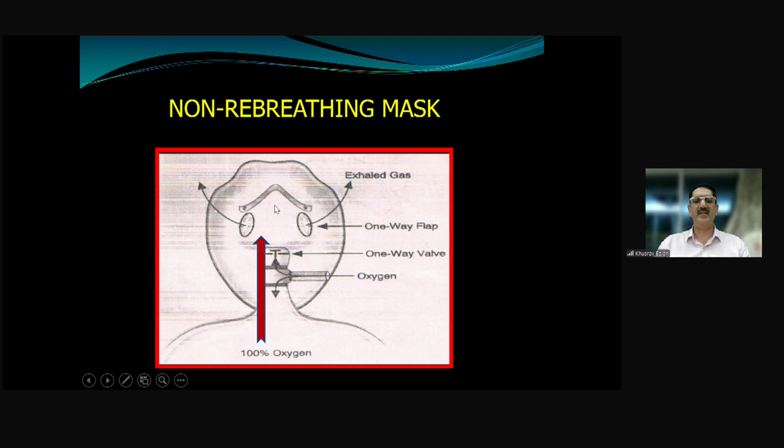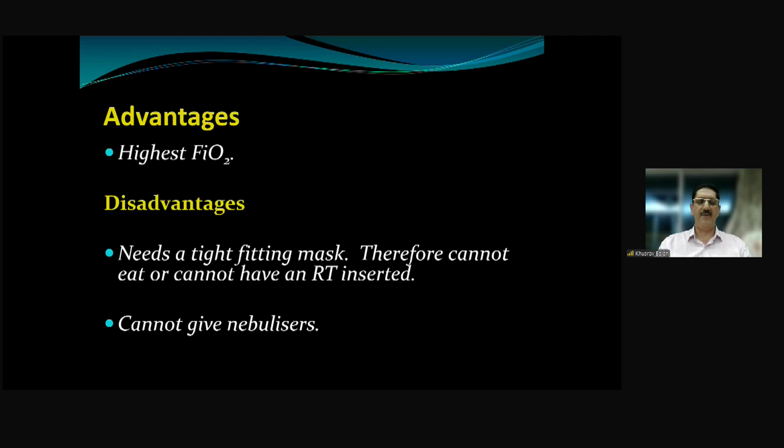When the patient exhales, this one-way valve will allow the carbon dioxide to escape from the sides here and not go into the bag. So the bag will still contain 100% oxygen. And therefore, NRBM is a high oxygen concentration, high FiO2 delivering technique, but it is still a low flow system and I can't overemphasize that. Advantages, there are high FiO2s that you can get, and disadvantages, you need a little tighter fitting, otherwise all this is a waste, and therefore it cannot be used along with an RT insertion and you cannot give nebulizers to this